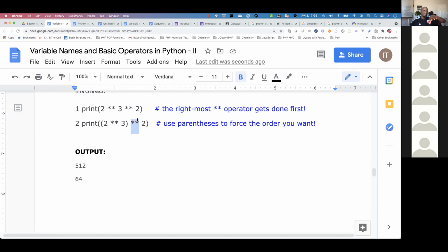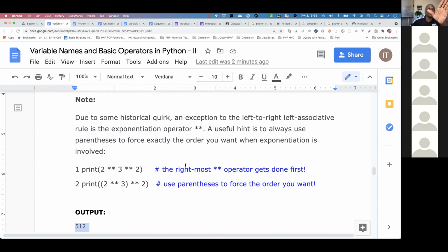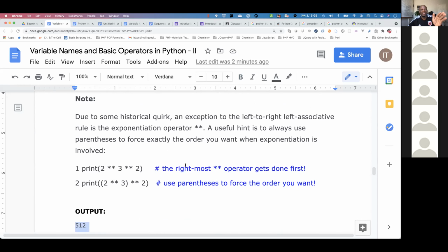And then this one, use the parentheses to force the order. So you have to come into the parentheses first. 2 raised to power 3 is going to give us 8, raised to power 2, which is 64. So make sure you master this. This is very important, and that's in Python. If you were to go to any other language, I cannot address that, but this is Python. Of course, any other language will address it differently.